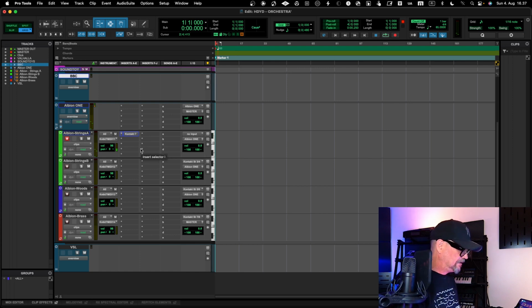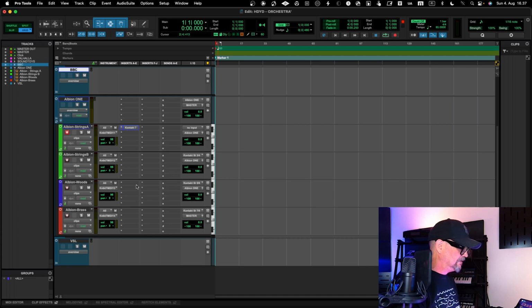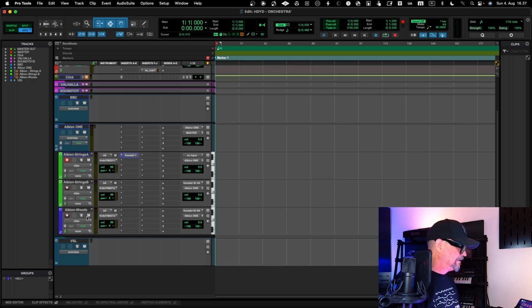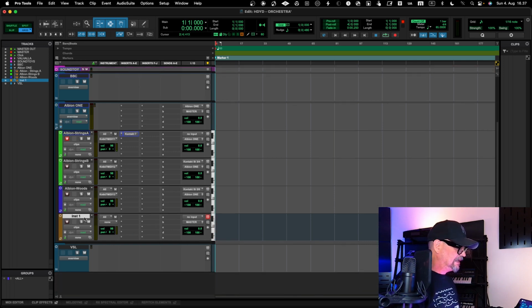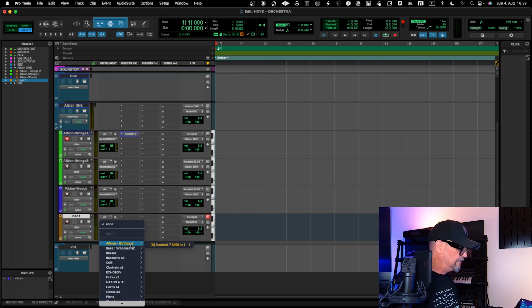you can hear them, and nothing else needs to be done. But then let's do it. I'll just delete this track, and now I go over here and insert a track, an instrument track. And what I need to do in an instrument track when I insert it and I want to use it for Kontakt, I need to go from here and then select Albion strings, and then channel 4